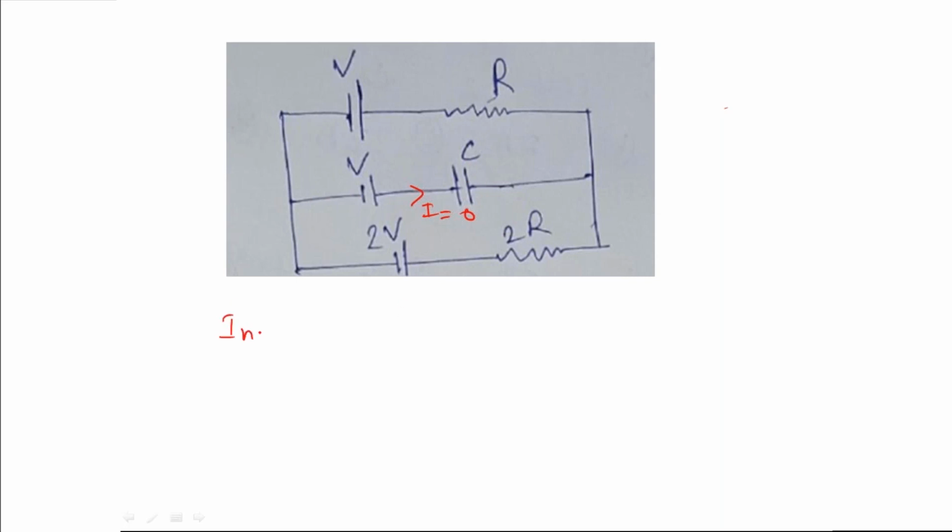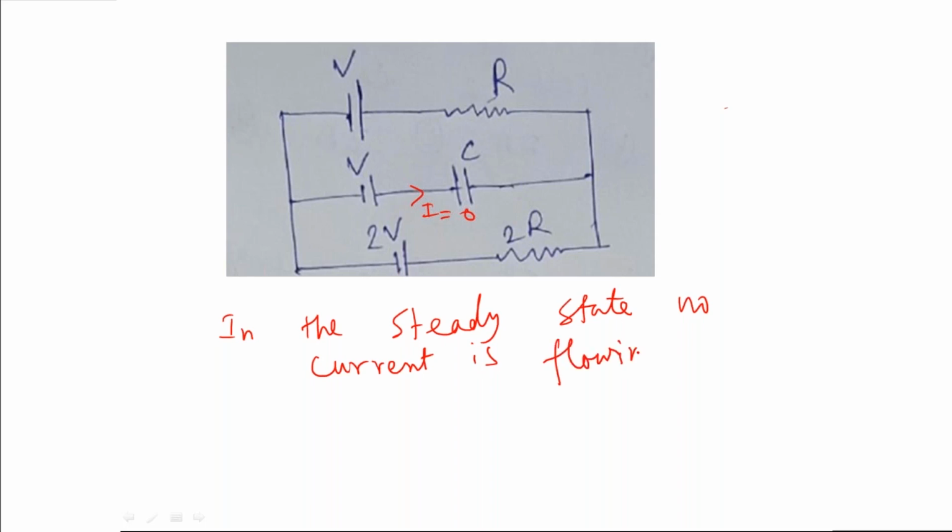Whenever there is a capacitor in a DC circuit, you have to think that after some time it will be in the steady state. In the steady state, no current is flowing